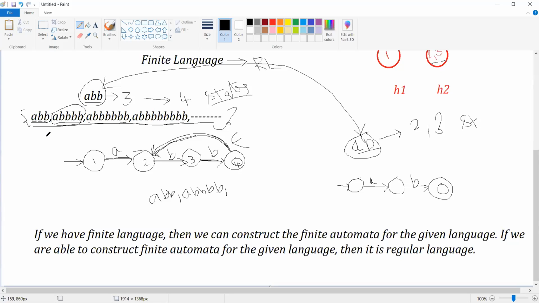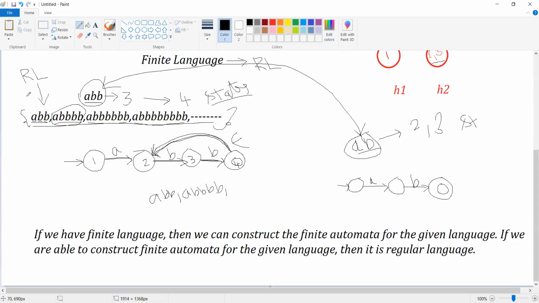In such cases, we need to try to construct a finite automata for this. Once we are able to construct the finite automata, then we can say that